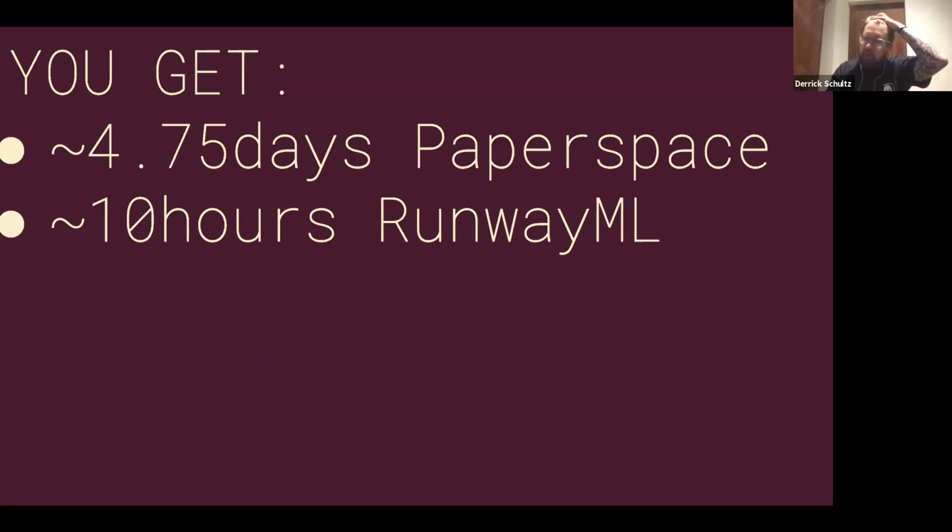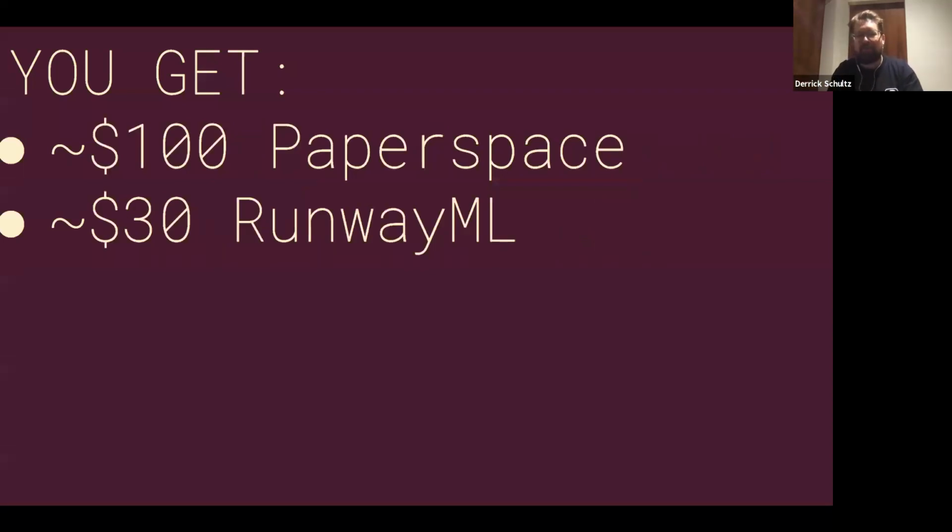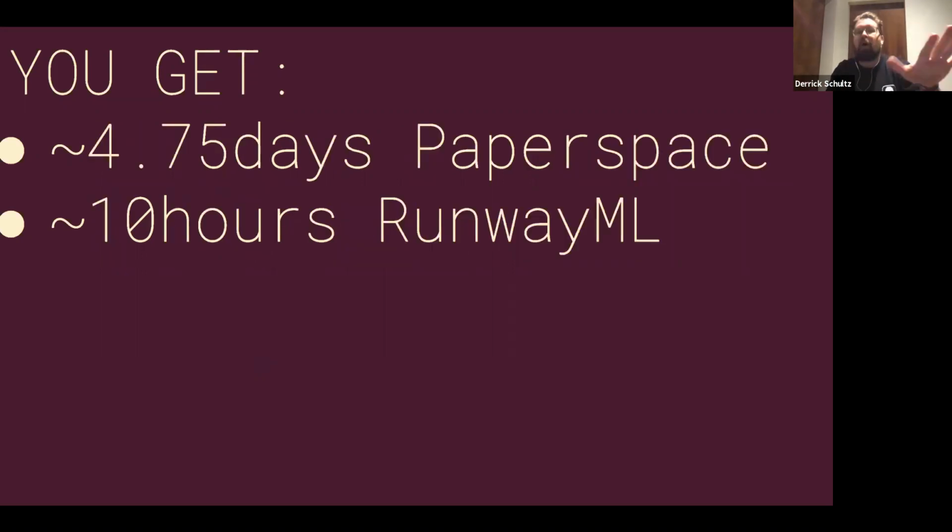So if you want to do MUNIT, you can definitely do that. If you want to do StyleGAN, you might push it a little bit, but I think you can probably make it. And then it gets you about maybe 7 to 10 hours of Runway, which is plenty, especially for this class. But this is basically what you get. Remember, this is a pretty expensive process. And there are ways to do it a little bit cheaper that I'll talk about maybe at the end of class in week 4. But in general, this is all you need for class.